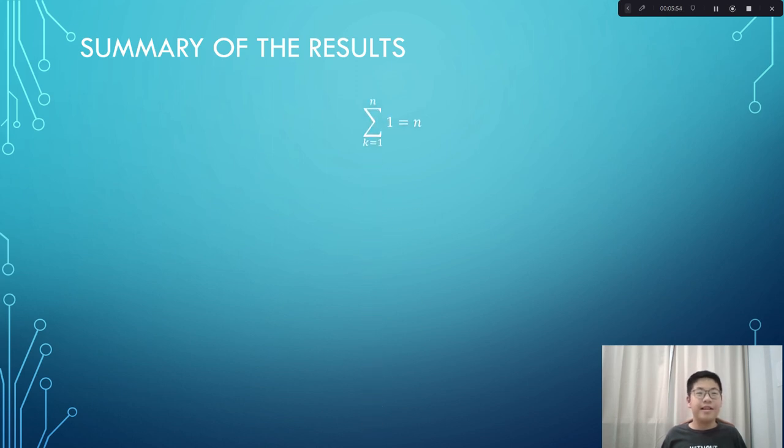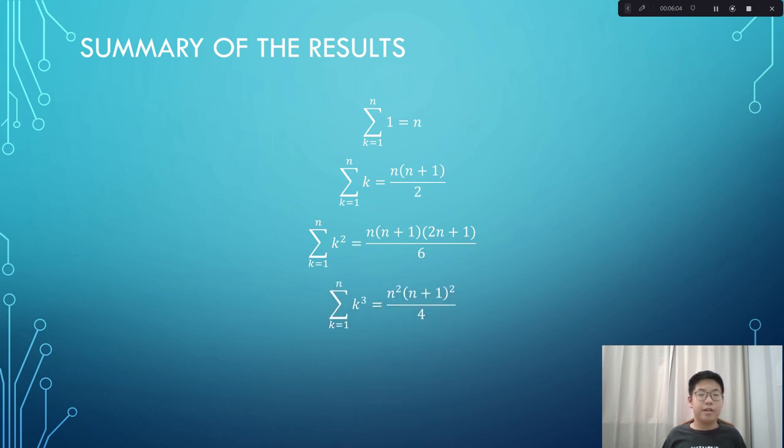we have. So basically, we have the zero power summation, which is quite straightforward, the first power summation, which you might have learned about in school, and the second and third power summations, which we learned how to derive in here. So pause the video if you would like to write these results down, and we're now going to talk